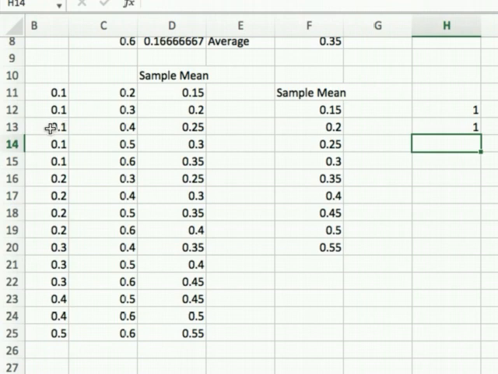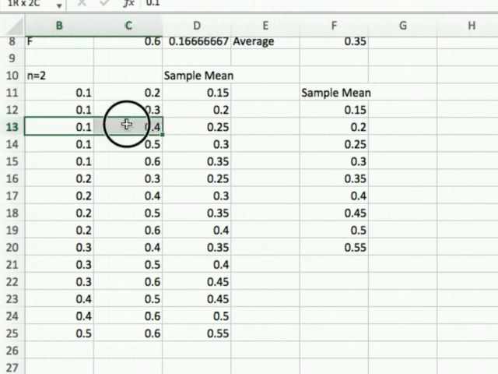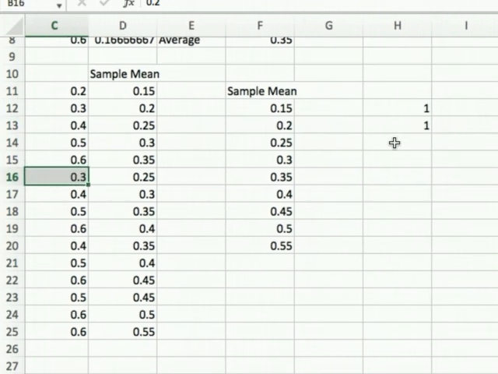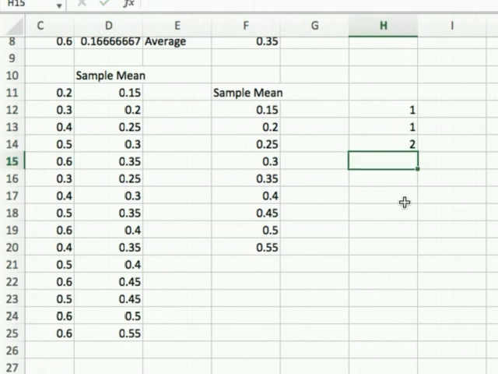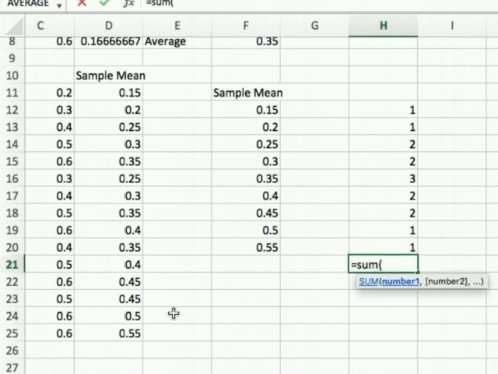We can get an average of 25% in 2 cases if you get stocks A and D or stocks B and C. So the frequency there is 2. Now for 0.3, that's also 2. For 0.35, 35% appeared 3 times. For 40%, it appeared 2 times. For 45%, it also appeared 2 times. 50% only happened once, and 55% also happened only once. And if you get the sum of all these frequencies, we will get 15 because we have 15 different sample